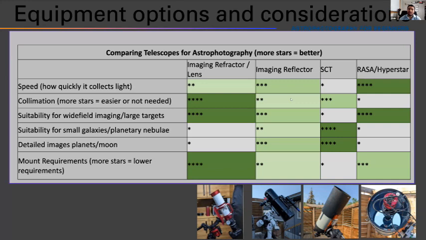With imaging reflectors, like my Orion 8-inch f3.9 Newtonian reflector, I gave it a 2-star out of 4 because at a fast focal ratio of f4 or f5, they tend to be fairly demanding in terms of collimation. So especially if you're using a camera with a fairly large chip, such as an APS-C camera or a full frame camera, such as my Canon 6D,